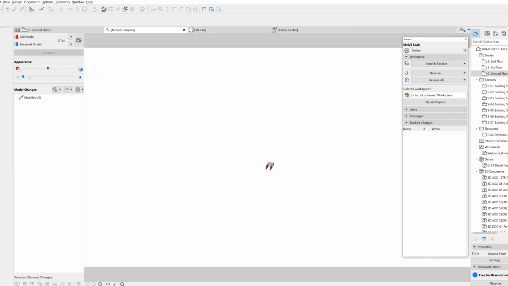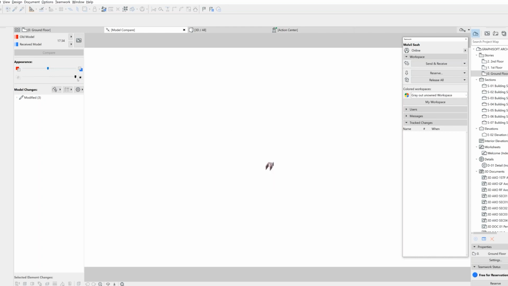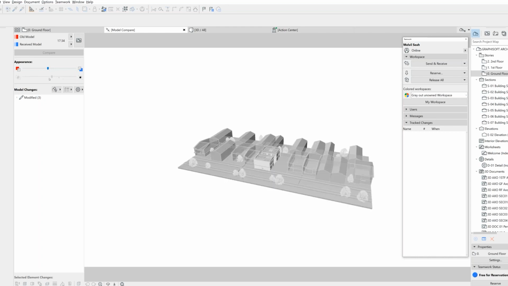And below this, you will see two scale bars. The bottom one is to set the transparency, the visibility of the model itself for those elements that have no changes. To the left is completely transparent, and to the right is more visible.